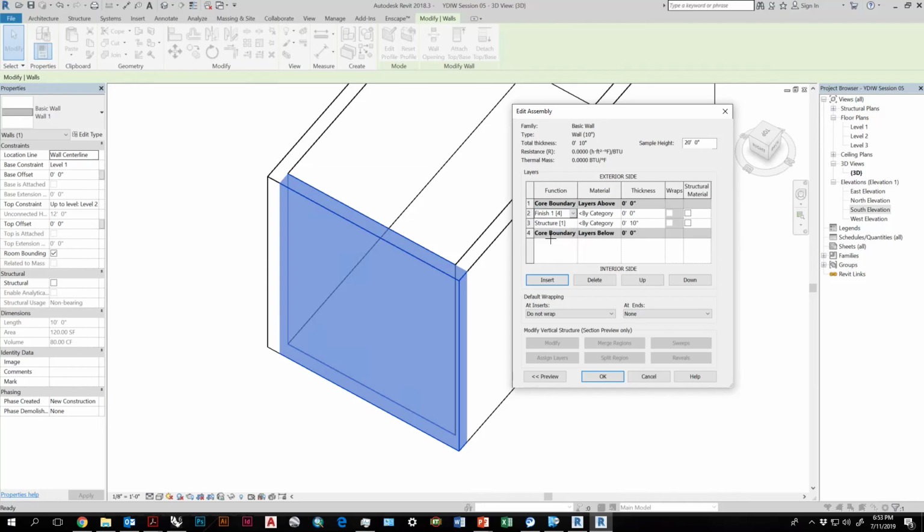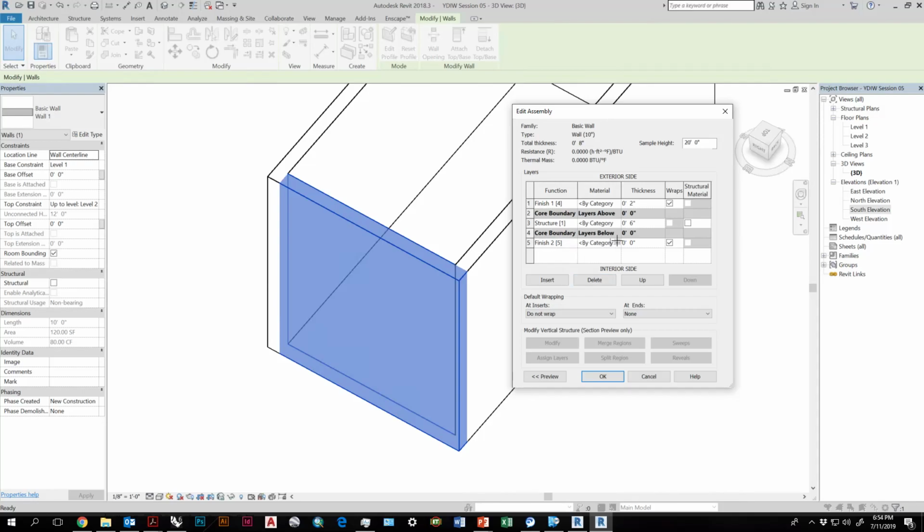So let's say finish 1, and I'm going to move it up above the core boundary, and then instead of making the structure 10, we'll make it 6. We'll give the finish 2 inches, which brings it to 8, and then I'll create an interior finish, let's say finish 2, and move that down below, on the inside of the core boundary. Down, down, down, down.